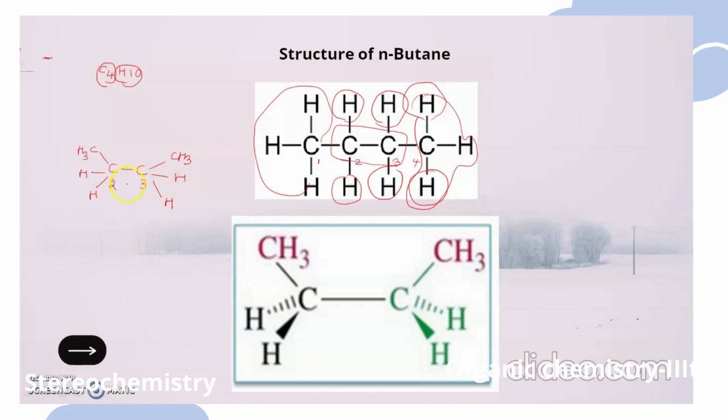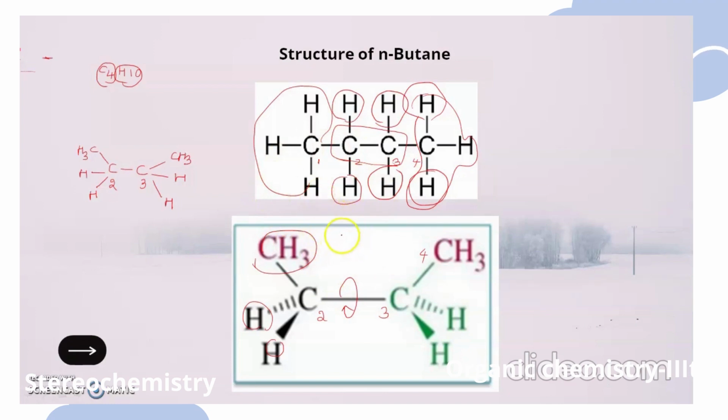In order to see how the restricted rotation arises for the formation of conformational isomerism, we have rewritten the structure in this way. So this is the same structure which is seen here. Here this is C2 carbon, this is C3 carbon, C1 and C4. So because of the restricted rotation of atoms, what atoms? Hydrogens. Group of atoms. What group of atoms? Methyl group. So the restricted rotation of atoms or group of atoms around your C2 and C3 bond is responsible for the conformational isomerism of butane. So here we have understood how conformational isomerism is reported in the case of butane.